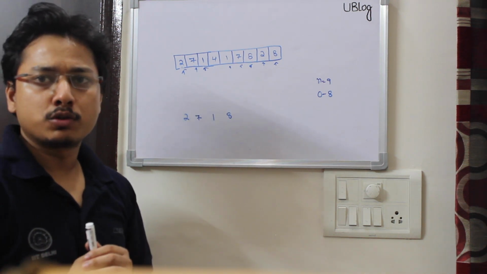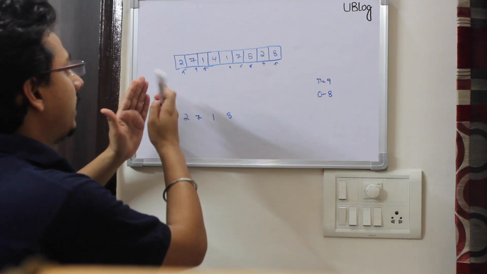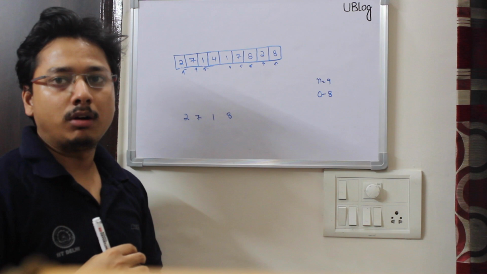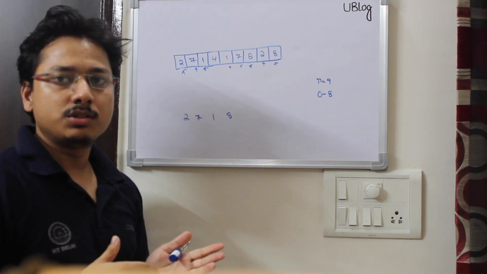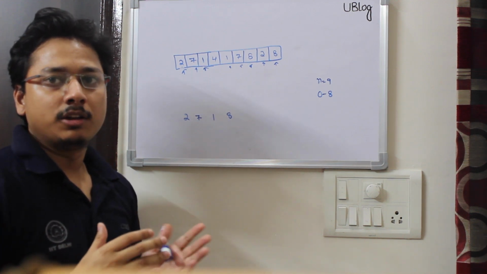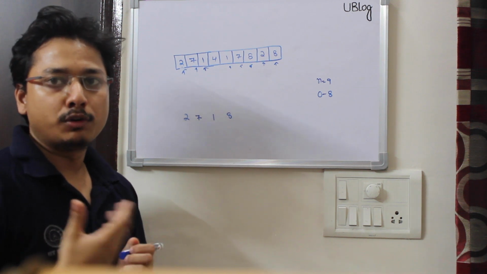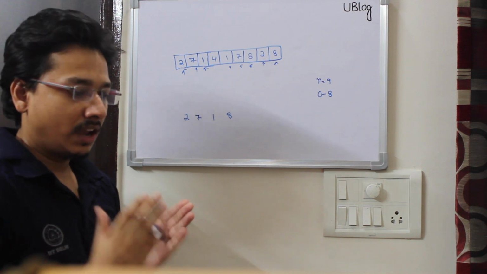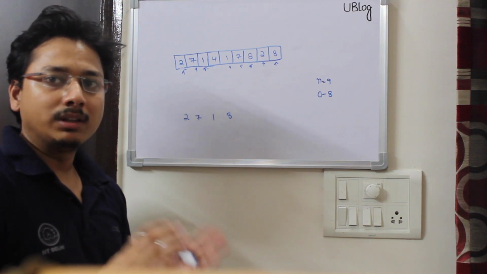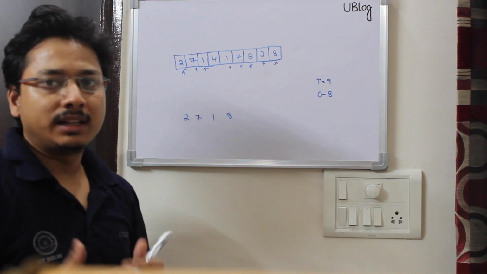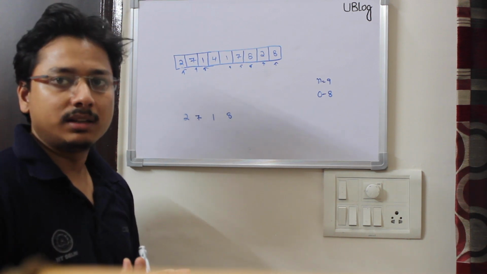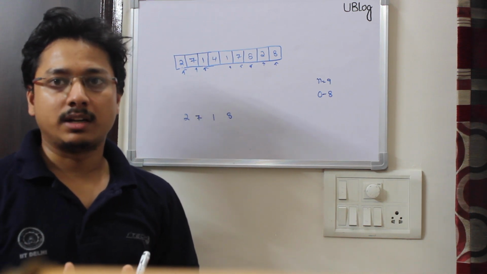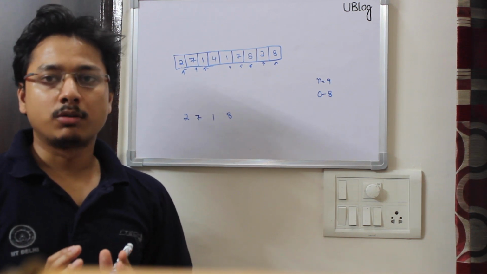The first brute force solution which comes to my mind is: when I'm at the 0th position, I can go to all the elements on the right hand side and compare them with the 0th element. If there is a match, I'll just print it. Using this brute force technique, we can solve this problem in n square time. For every element in the array, we are looking at all the elements on the right hand side. This is a very basic solution, and it takes n square time, but it does not take any extra space. So that's good about it.